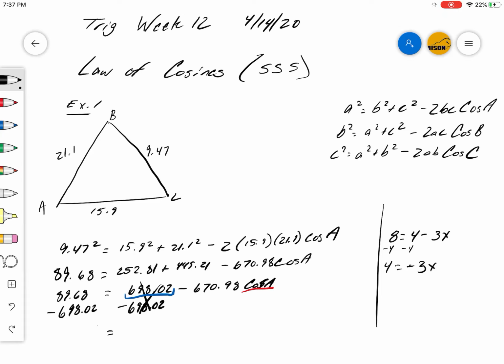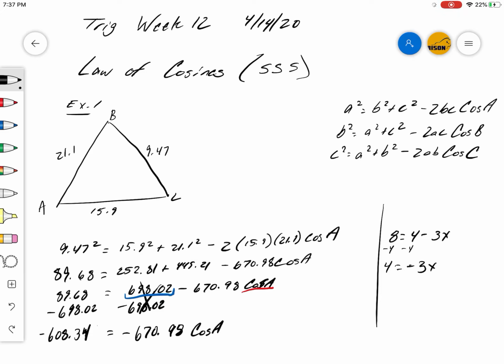Subtract 698.02. That gives me negative 608.3391. So I'm going to go with 3 for right now, but when I calculate it, I'm going to use the whole decimal that's in my calculator. That's still equal to negative